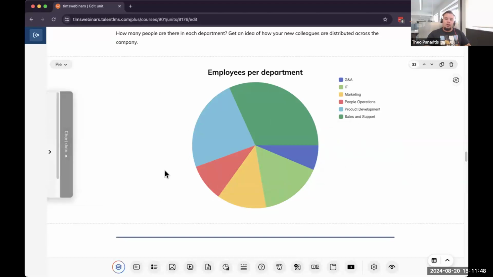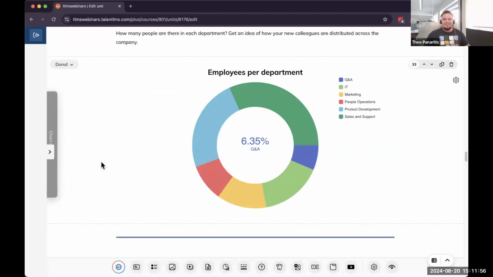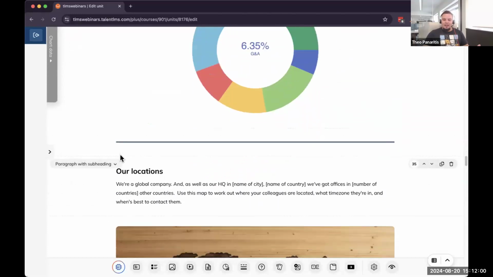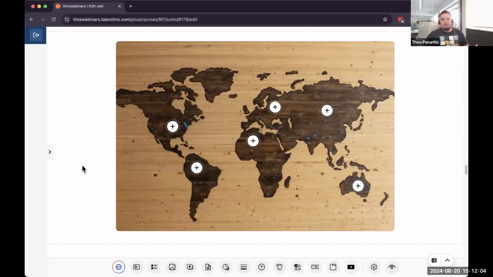And of course, you have all the options in the world to go to the left side and then choose different types of graphics. I'm going to choose donut because it's the afternoon here and I could use one with my coffee. But further down, you have one of my very favorite features of TalentCraft, which is called